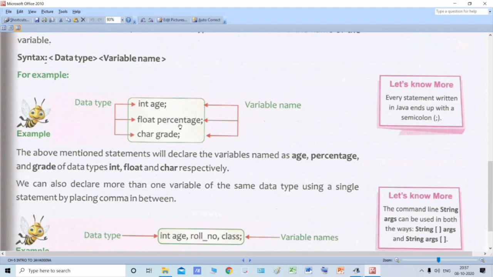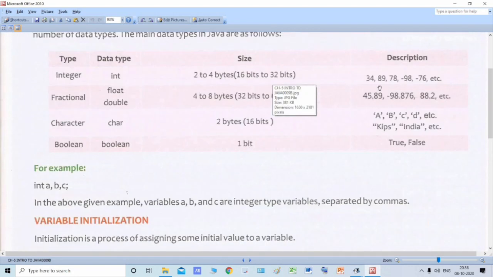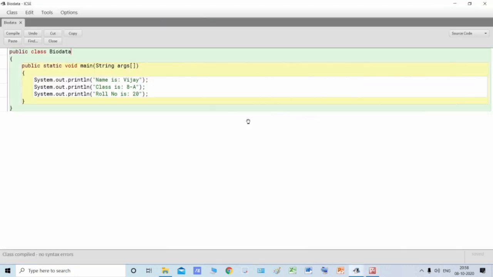What are the variable names? Age, percentage, and grade. And these three are of different data types. The data type of age is int. What is the meaning of this? The meaning is that this age can only accept an integer value.